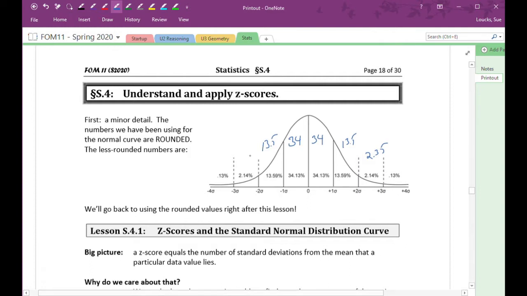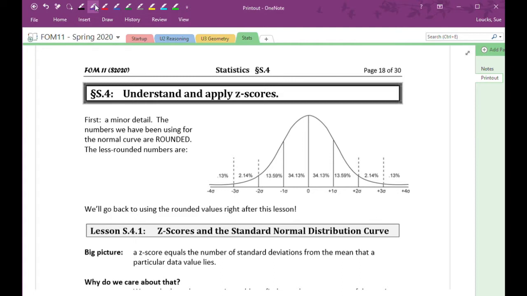They're good enough for most purposes, and that's okay. The numbers that you see on this drawing here are more precise. They're more accurate. They're also rounded, of course, but they're not rounded as much. And we're just going to use these for right now when we're talking about the Z-score,